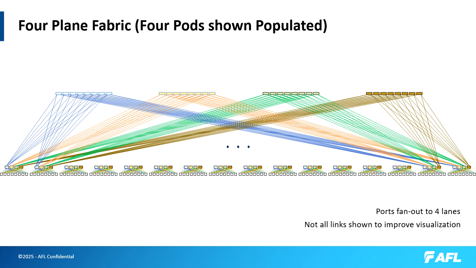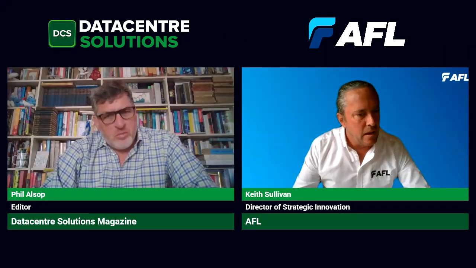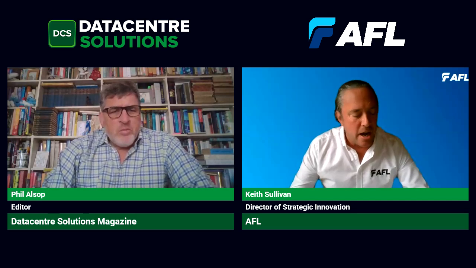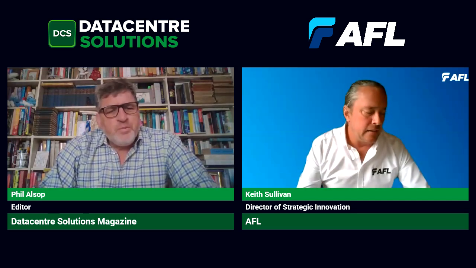However, that's traditionally meshing the ports. In AI, it's very similar in principle, but slightly different. The main reason in AI is that if you have 4 lanes, you create what we call 4 planes in the AI network, where each plane is a separate fabric. The separate fabric then allows the one single port to transmit on 4 fabrics or 4 separate networks at the same time. And the reason you do that is because in an AI network, you have tens of thousands